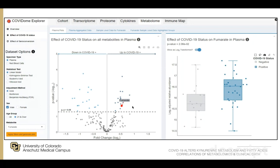There are statistical analyses that can be performed. And so for a simple example, I'm showing plasma, looking at males 21 and over. And from the drop-down box, I've chosen the metabolite fumarate. And so we see in the volcano plot in the center here that fumarate is a metabolite that is increased in COVID-19 positivity. And on the right, we see a box and whisker plot with superimposed dot plot of the